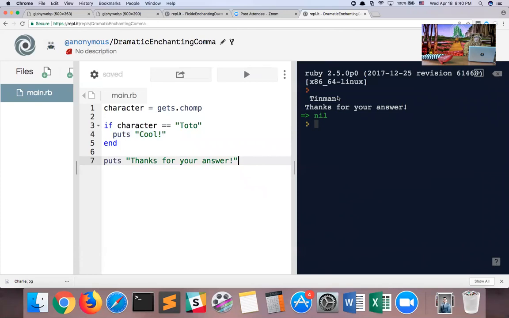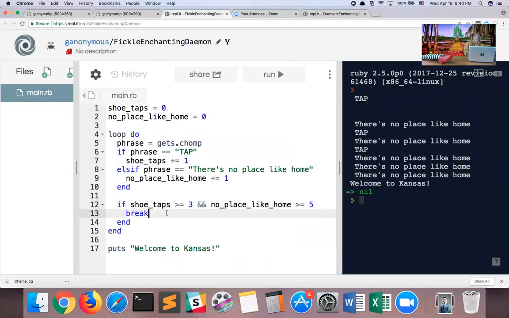Break, however, is something different. Break is basically saying if I'm in the middle of a loop, then we're going to yank me out of the loop and skip all the way past it. So even though we're on line 13 over here, if we encounter break, it's going to immediately skip to line 17.